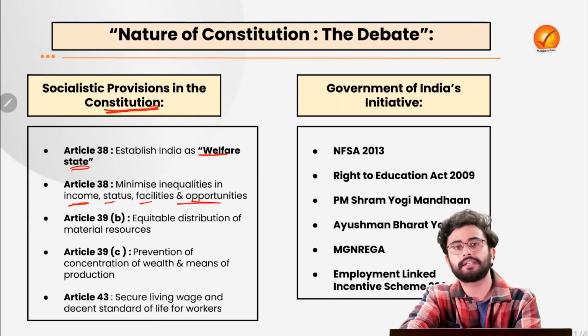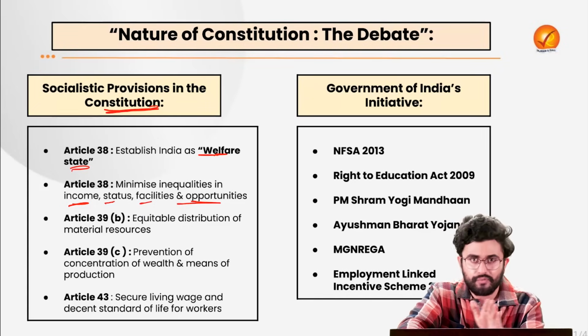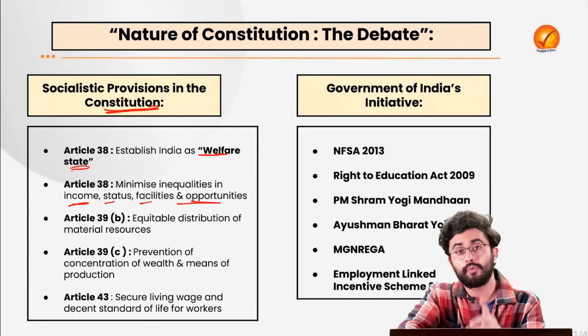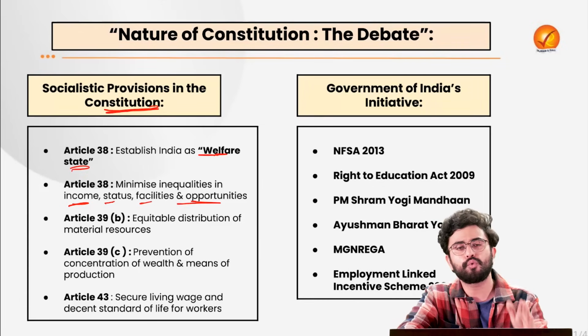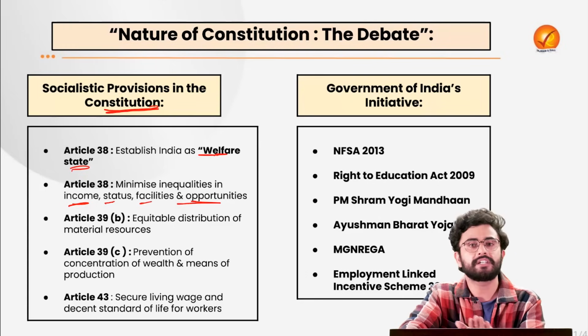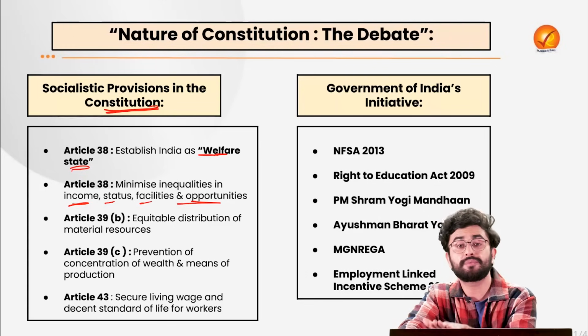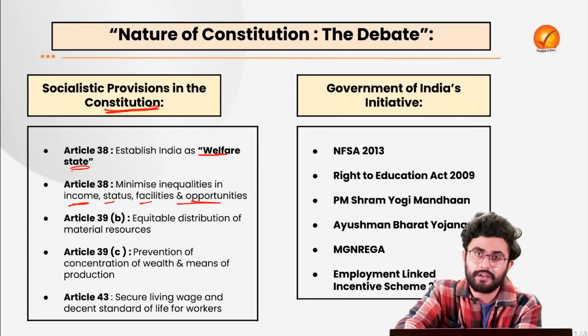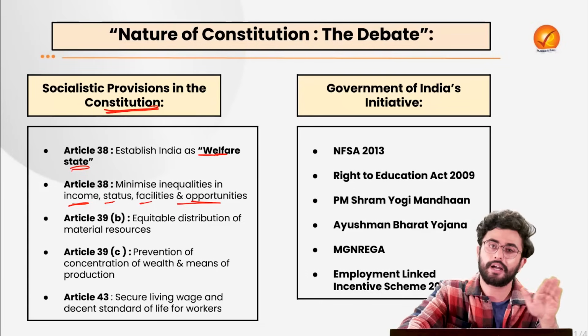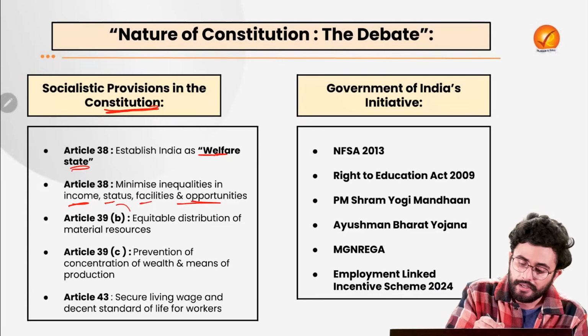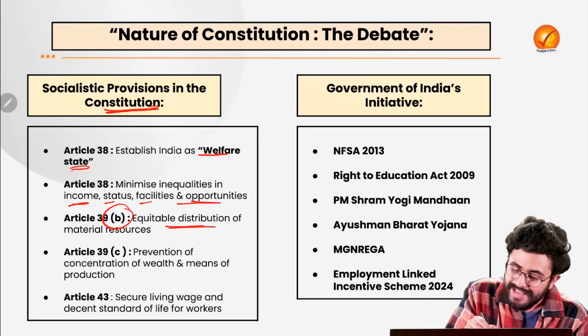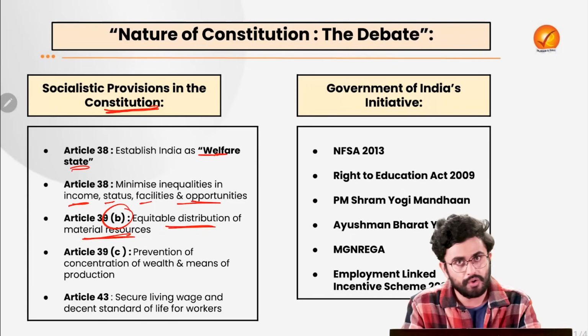How far have we succeeded in that? Just look at the World Inequality Lab report of 2024. You will get the idea, where 1% of the population is holding 22% of the wealth. That is why the report itself states that our country has now been transformed from the colonial Raj, or British Raj, to the billionaire Raj. Then there is Article 39 Clause B, which provides for equitable distribution of material resources,